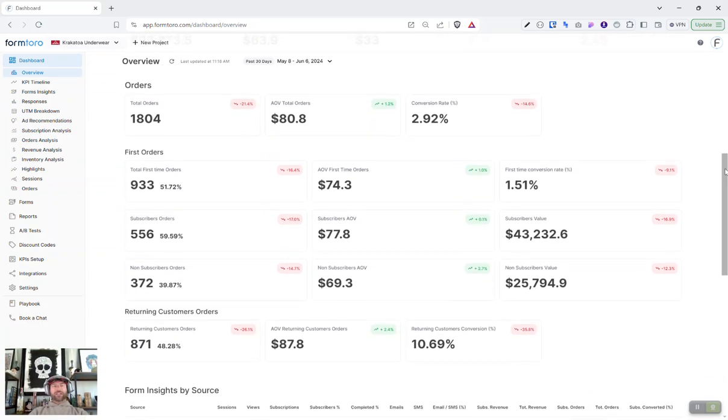We're looking at orders here next. On the order side of things, we're looking at total orders, total AOV, and conversion rate for the entire store. We're looking at first time orders, and first time orders are really important to me. They're broken down in a couple different ways. We're looking at the total first time orders that are coming in over a time period, the AOV for first time orders, first time order conversion rate, and then we're looking at the difference between subscribers, so people that are